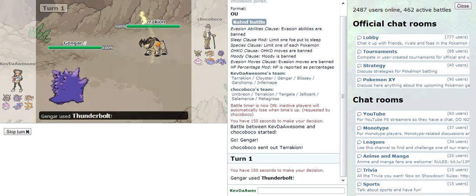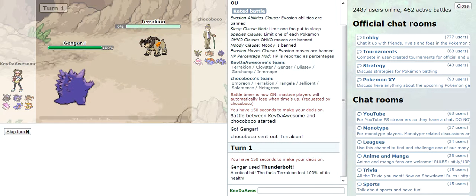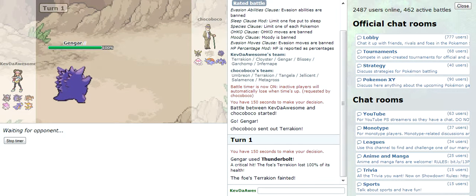So I'm going to go for the Thunderbolt. Why didn't he switch? Okay, whatever. Anyway, this is Choice Specs, so it's fine. Now he's going to bring in something to counter this. I don't really think that critical hit mattered, but maybe the Jellicent, or maybe the